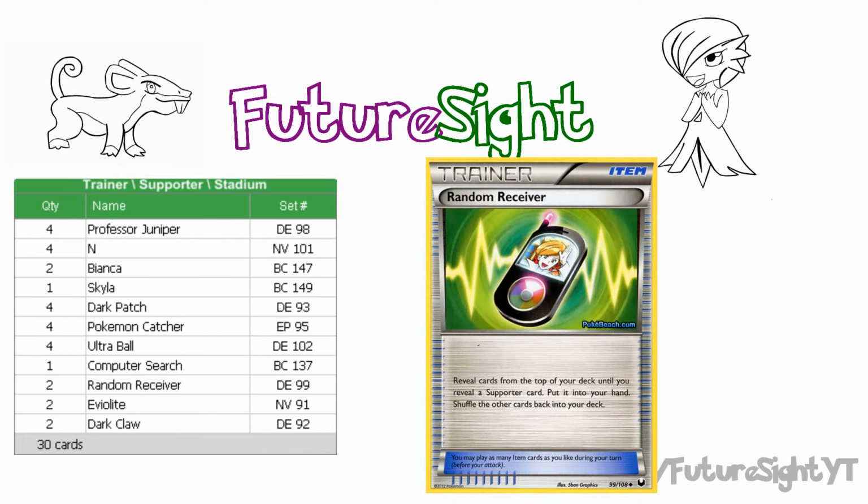That being said, it can also grab Skylar. Most of the time you won't want the Skylar, but Skylar can still have its uses if you hit it off a Random Receiver. Skylar does grab you most of this deck. From Random Receiver, we actually move on to the 2 Pokemon Tool cards that are included in the skeleton list,